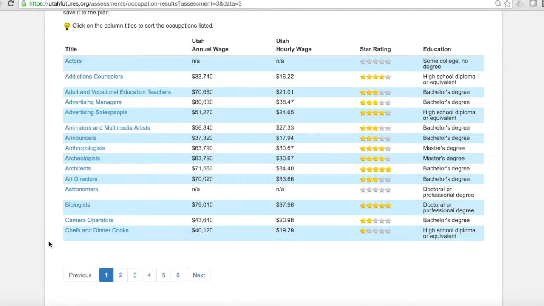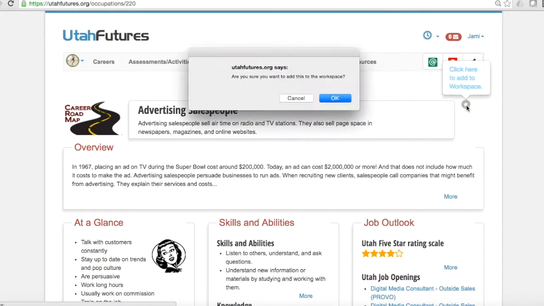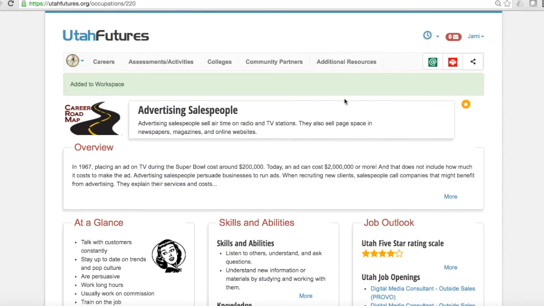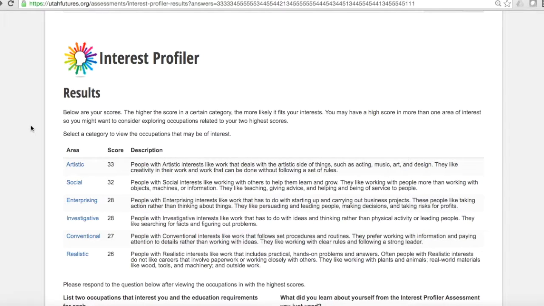To further explore a career, just click on the name of the career. To save this career to your workspace, you can click on the gray star on the top right corner. Then select OK. When the gray star turns yellow, it's saved to your account. To go back to your occupation list, click on the back button. And this will take you back to your occupation search results. To go back to your assessment results, just click the back button one more time,